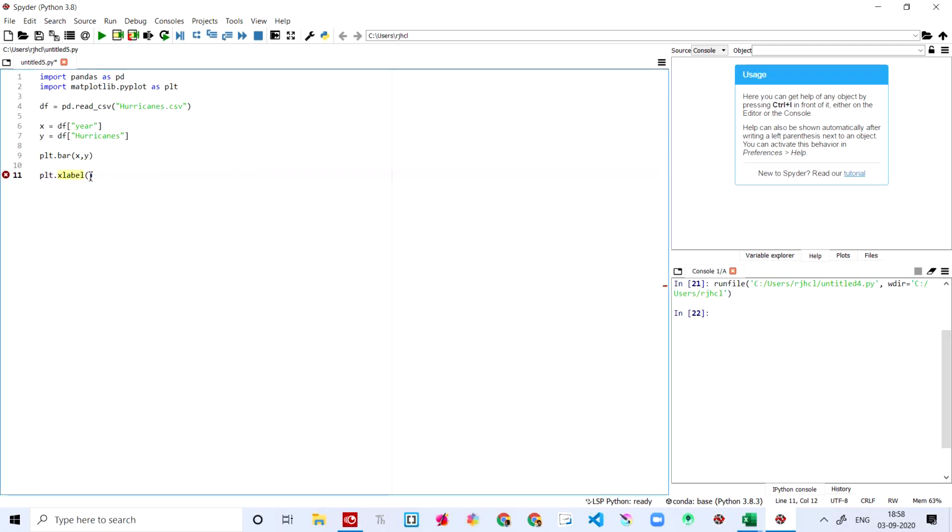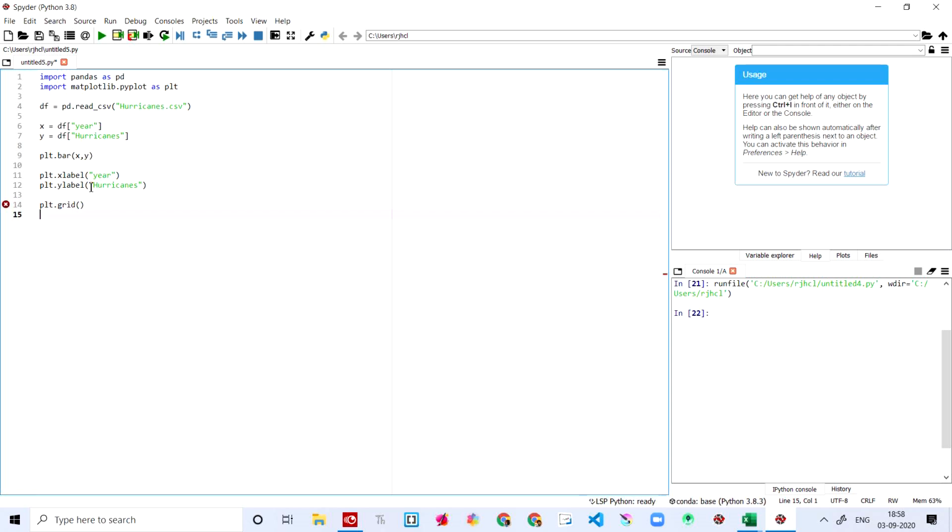So let's delete this much and say year. And then let's say plt.ylabel as hurricanes. Yeah, and then we are drawing a grid, so for that I'm saying plt.grid.